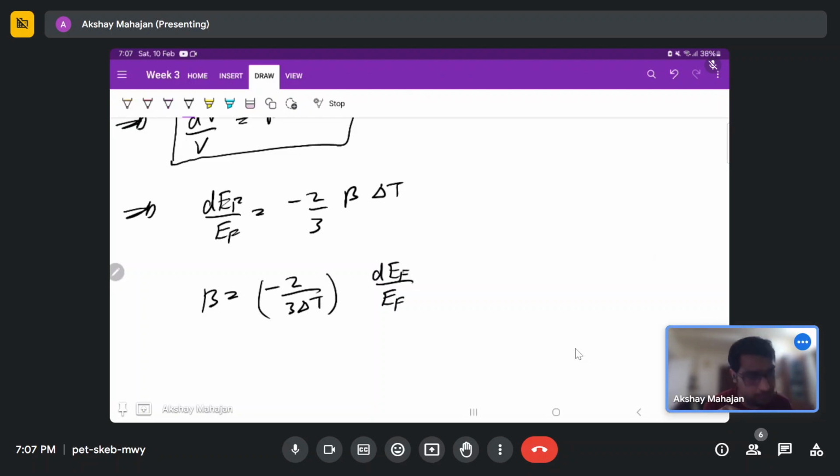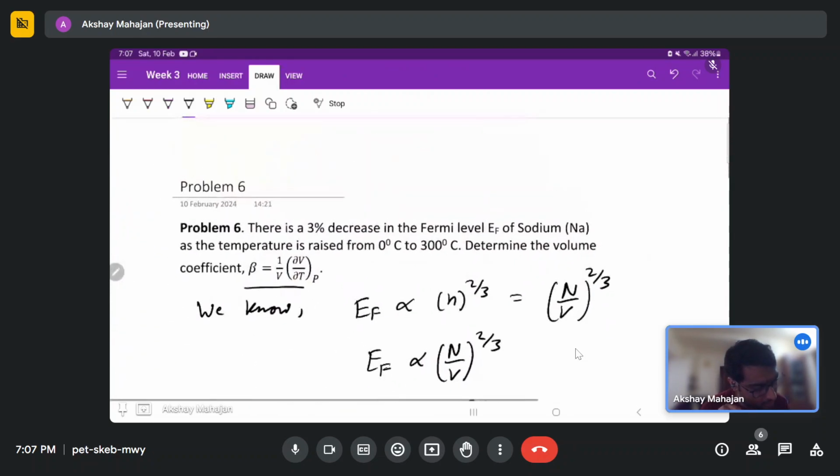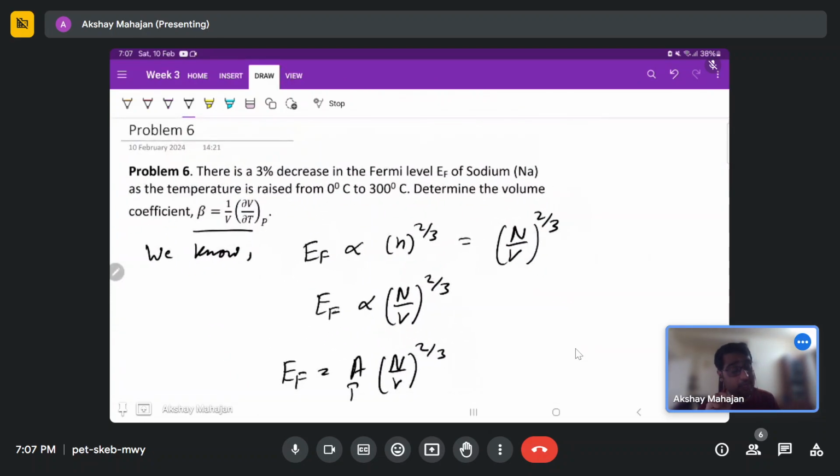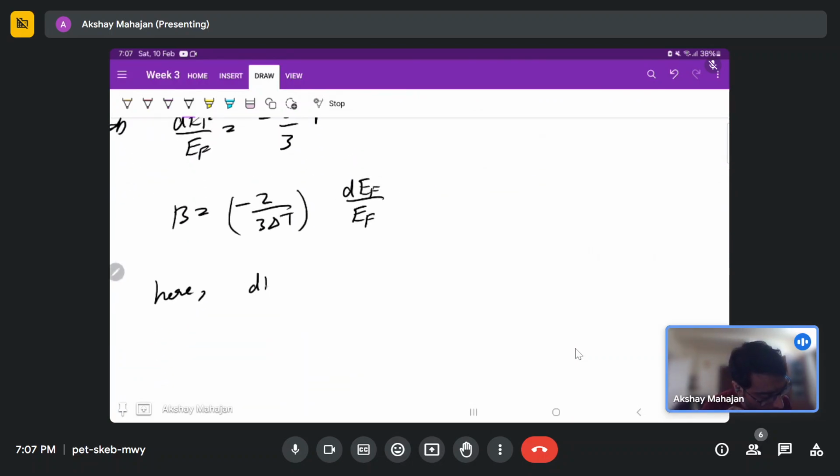Now here what is given to us is that our Fermi energy EF has decreased by 3%. So there is a decrease of 3%. What does it mean? It means dEf by EF is equal to minus 0.03. So the change in EF divided by EF is minus 0.03. And also delta T,